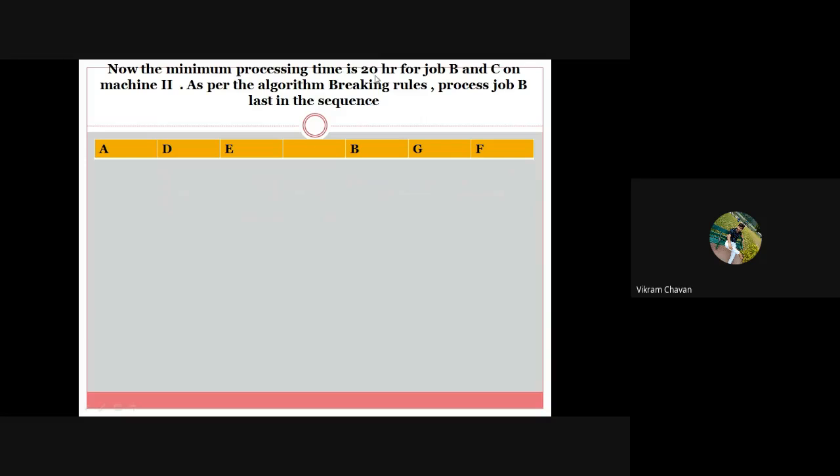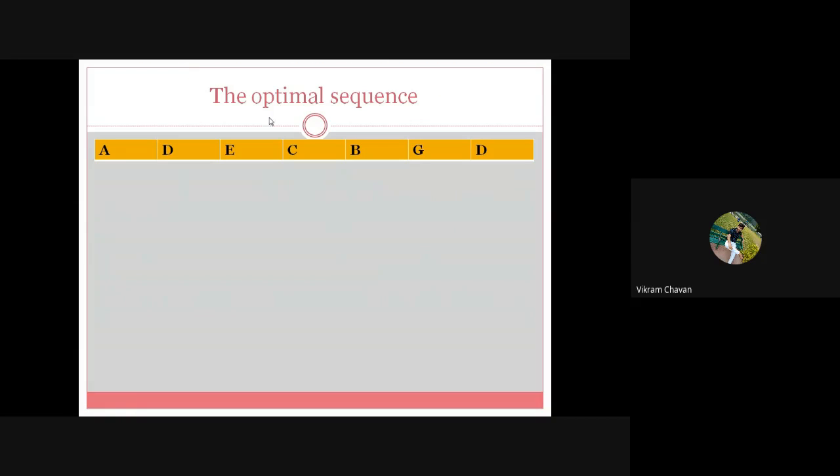Now the minimum processing time is 20 hours for job B and C on machine second. As per the algorithm breaking rules, process job B last in the sequence. Last in the sequence. So last sequence म्हणजे कसे, जीच्या शेजारी. ओके, so then only one is remaining, so the optimal sequence will be ADECBGD. Right, Pradyuman? ADECBGD. ओके, एकदा ऑप्टिमल सिक्वेन्स मिळाला पुढे काय करायचं,